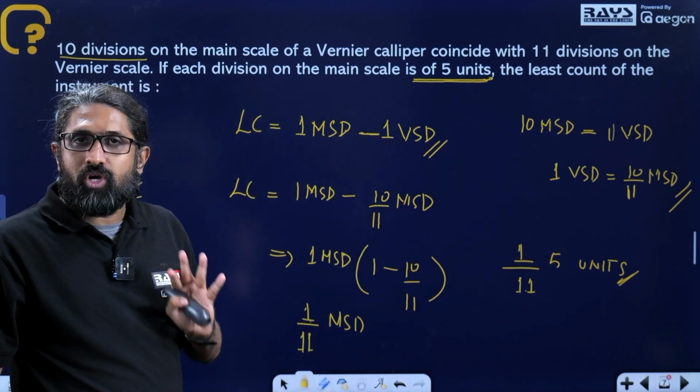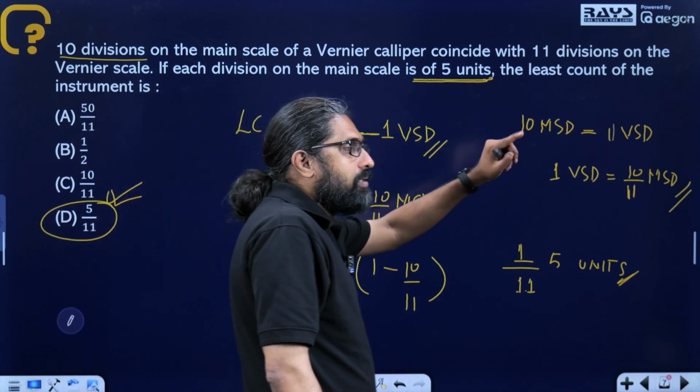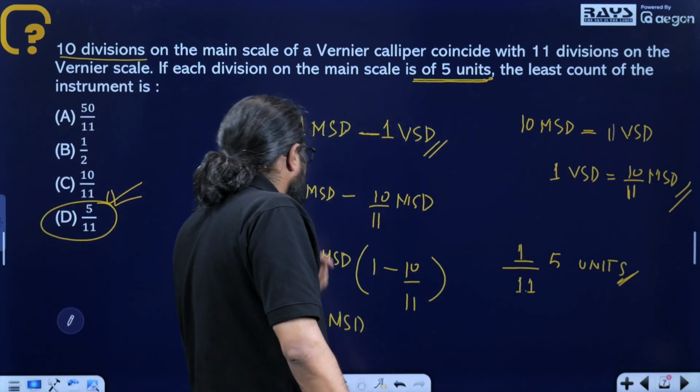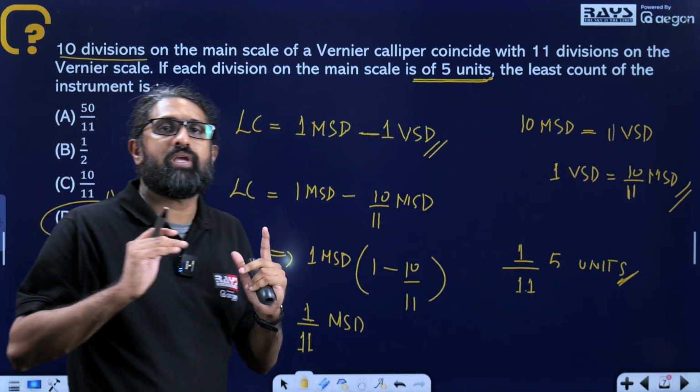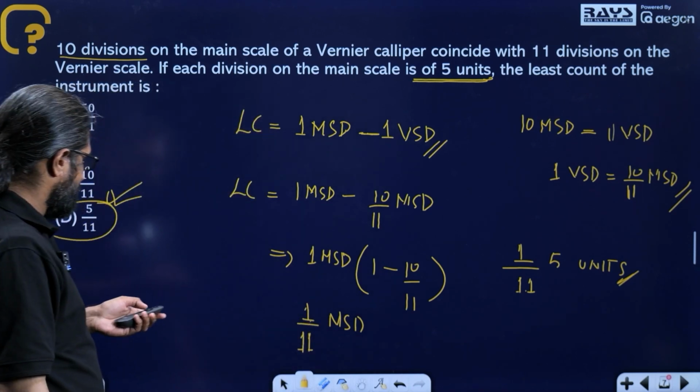MSD minus VSD is what you need. Represent VSD in terms of MSD. Bring that here. Do the math. That is how we calculate it. Right? Now, next